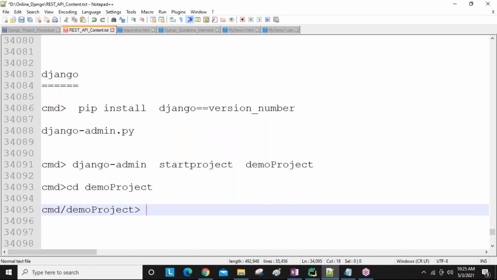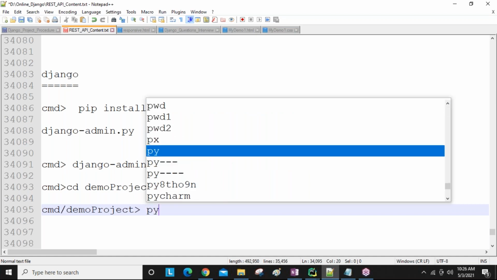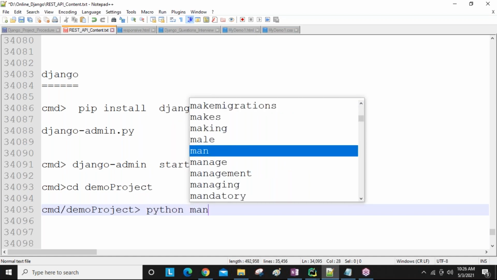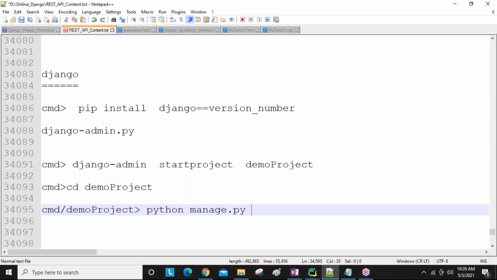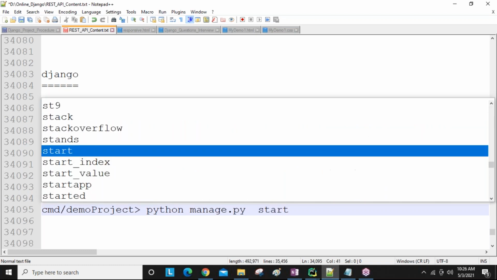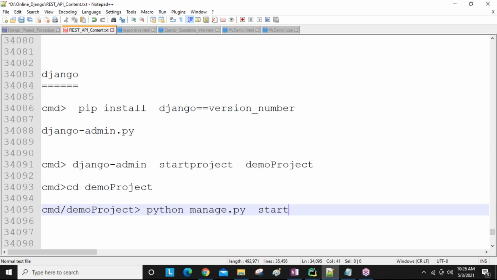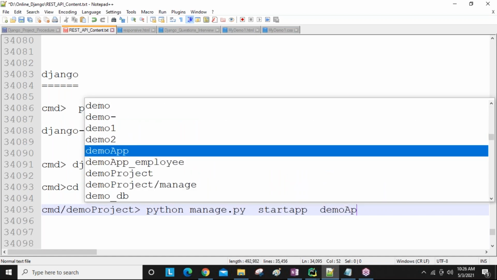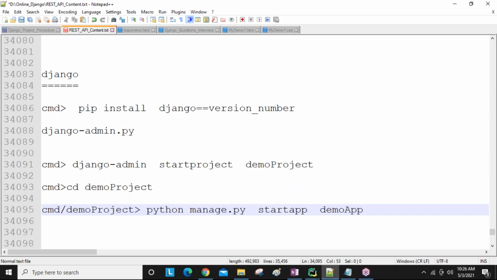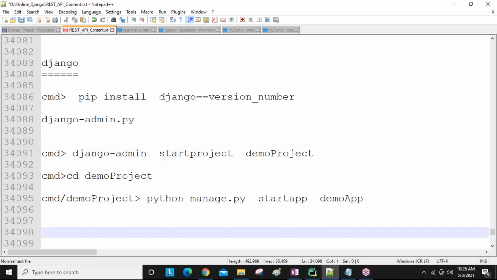How do you create it? python manage.py startapp followed by the app name, guys. This is the application name.